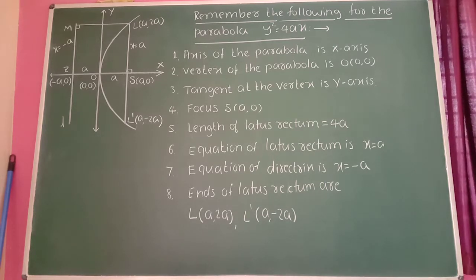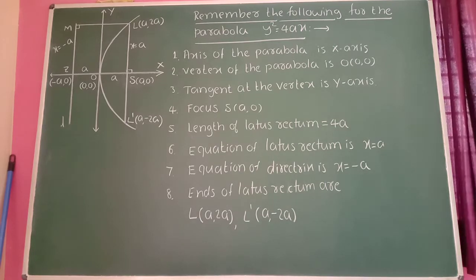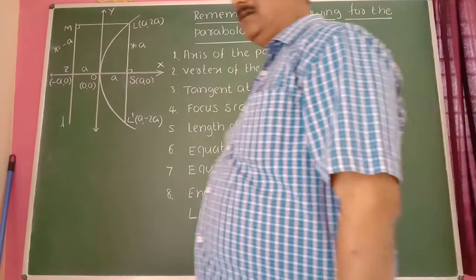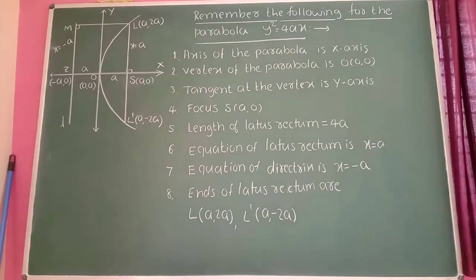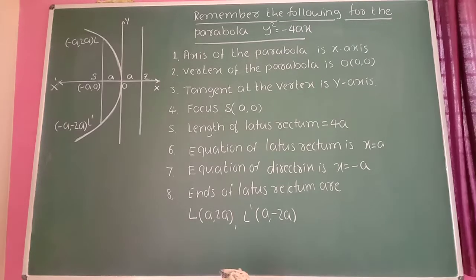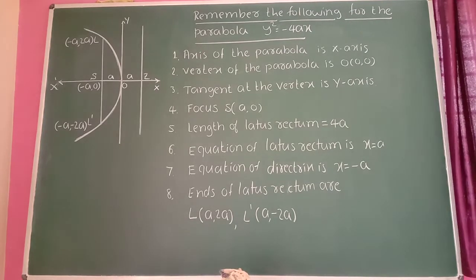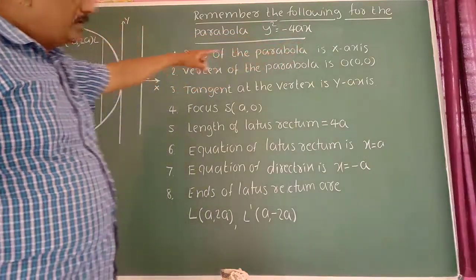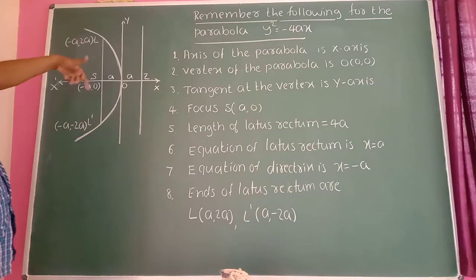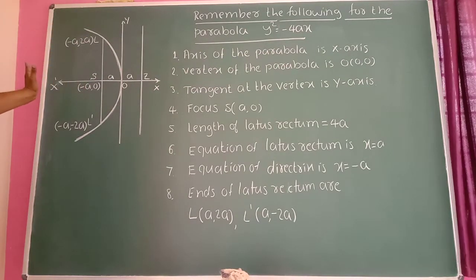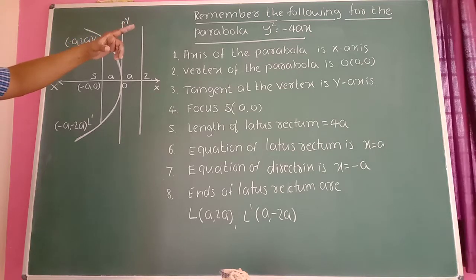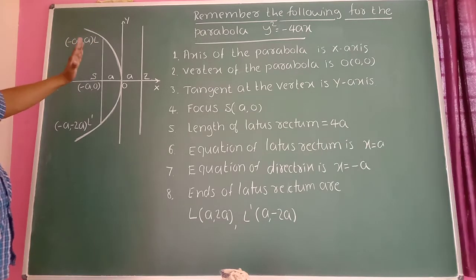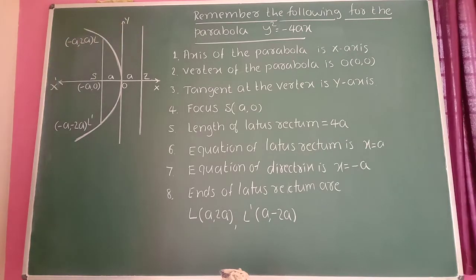These are very important results from the point of view of examination. So using these results, we are solving examples or proving some theorems. So in this case, the parabola is y square equal to minus 4ax. If y square is equal to minus 4ax, then the curve opens to the left hand side, like this. The equation of the parabola is y square is equal to minus 4ax.